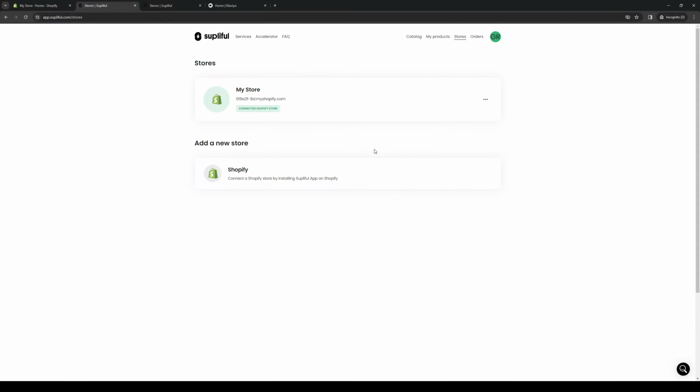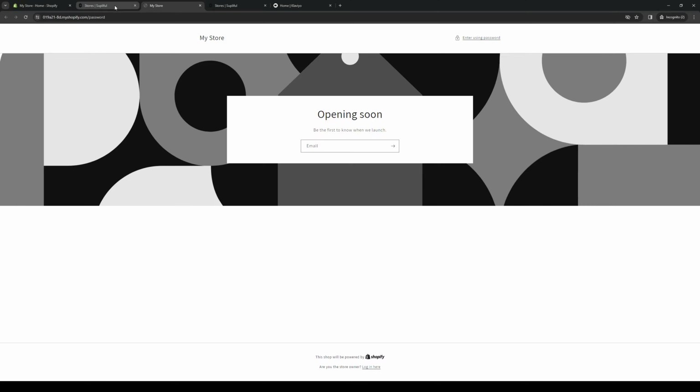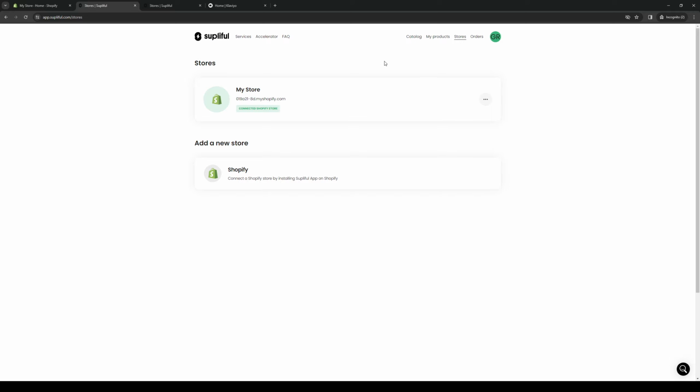So you can add it as a product, carry over the relevant data like the description, the price, the quantity, the brand, and so on. And here we go. We're going to click on View Store. And I actually haven't configured my store as of yet because this is just a dummy store, but you guys get the gist. So whatever you guys have registered as a product under your Supliful account, so if you click